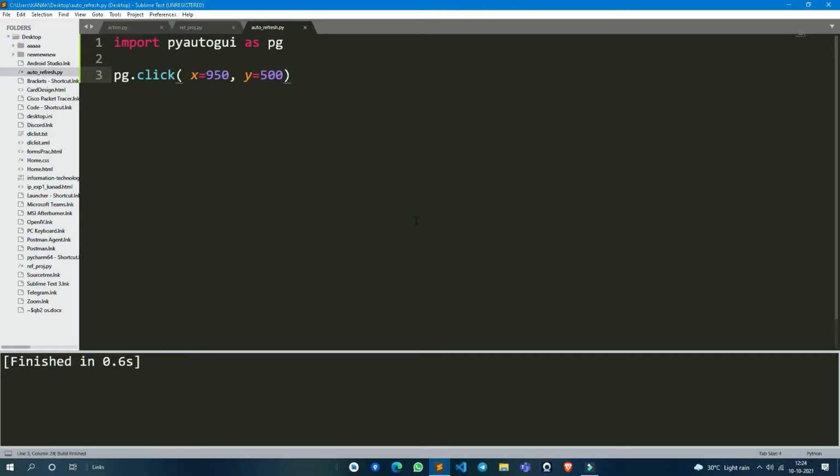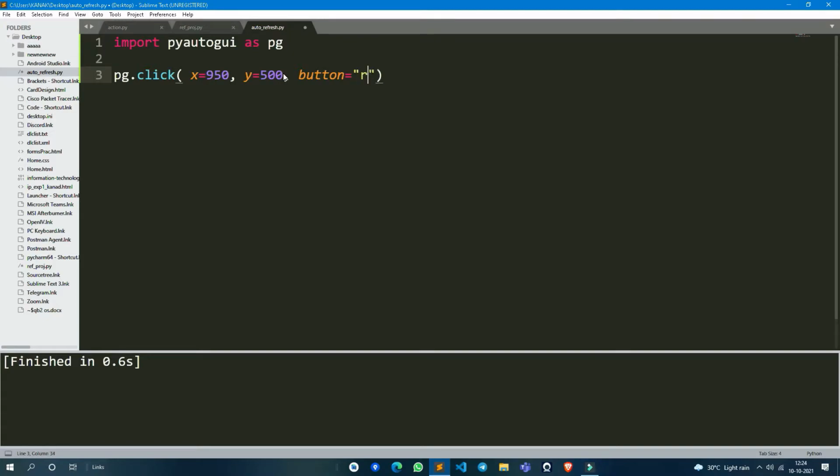Let's test it. Okay, in the middle. Then what we want to do is click, but this method clicks with the left click by default. So we want a right click, so we have to define button equal to right.